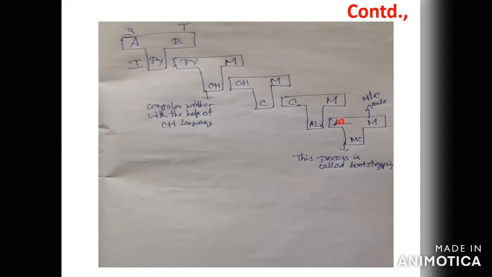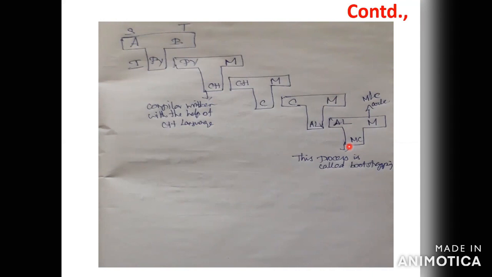So assembly language is the source program, and machine code is the target program. So the compiler is written with the help of machine code. So the implementation language is machine code. The CPU understands machine code, so it automatically generates the output of the target programs. So this process is called the bootstrapping technique. Okay, got it?